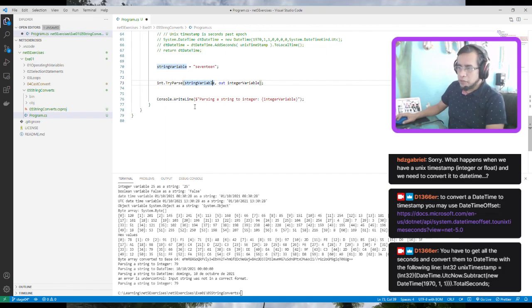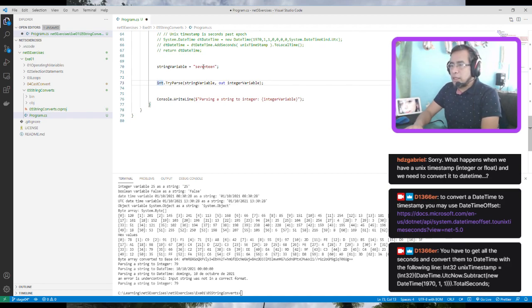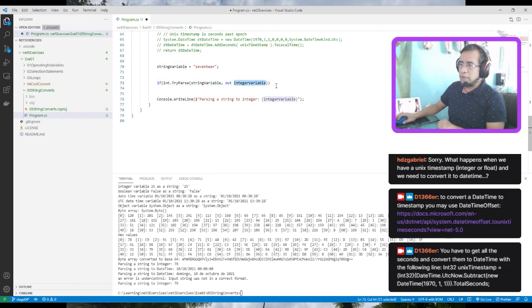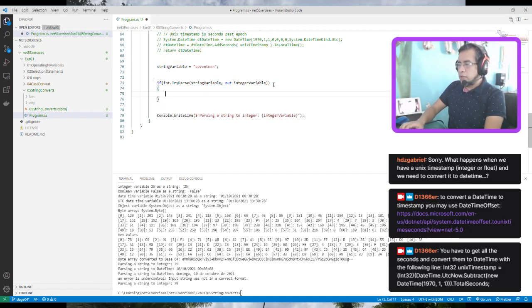You just have to ask whether the value is able to be parsed. So if TryParse returns true, it means that this value is able to be converted to this type of variable, and then you will have, okay,